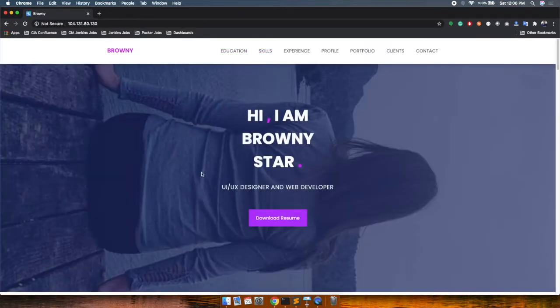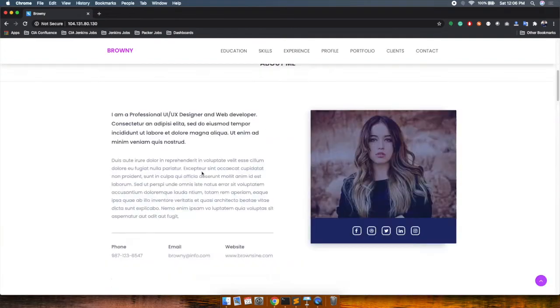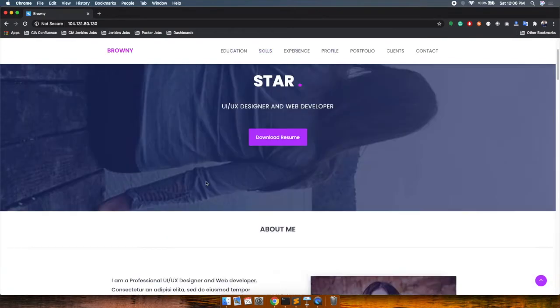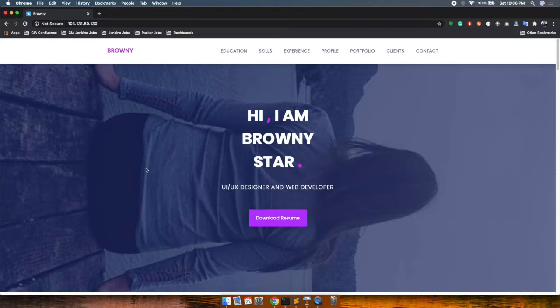The image direction is not correct because in the dynamic module we did a rotation of 270 degrees, right? We will fix it. This is the one machine which is serving some application. You can assume that this machine is serving my website, Brownie. We need to set up two more machines.